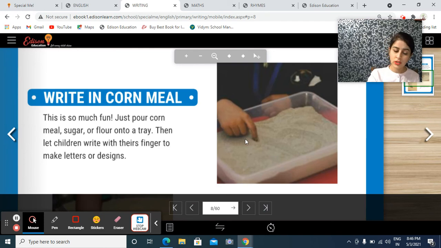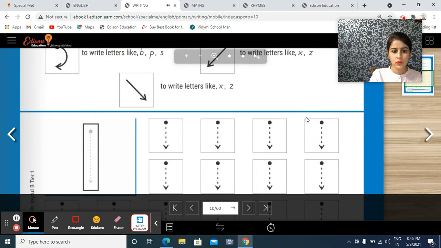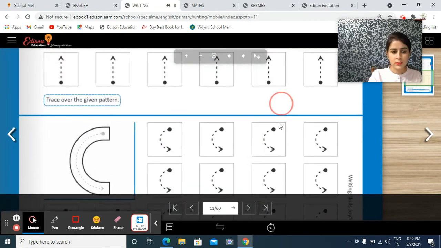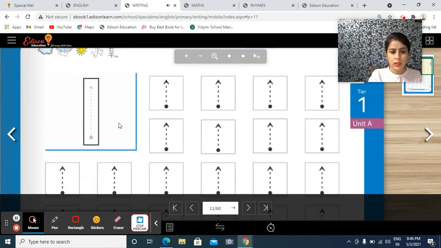When they know the direction in which they have to form the line, they'll enjoy writing in their booklets and notebooks as well. So we need to give them activities basically. They all need fun learning. So this is all about the writing part for the day. This is writing the standing line from downwards to upwards. We did this standing line from downwards to upwards.